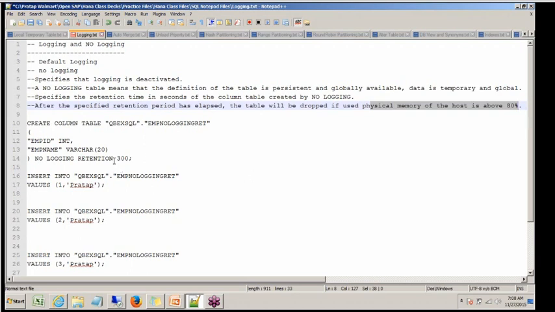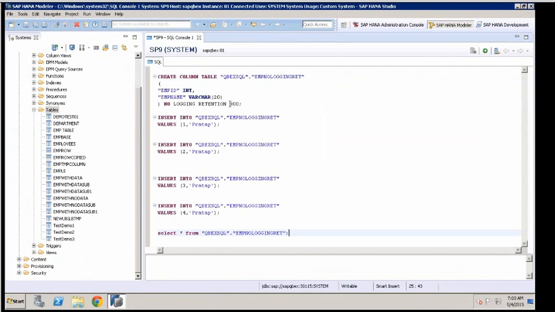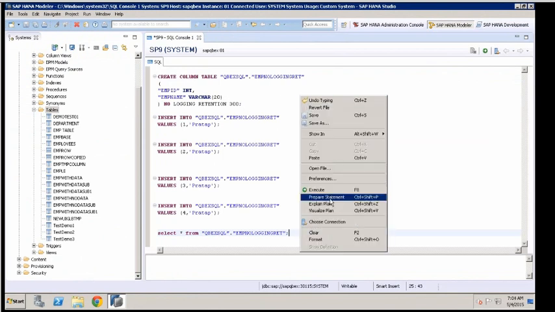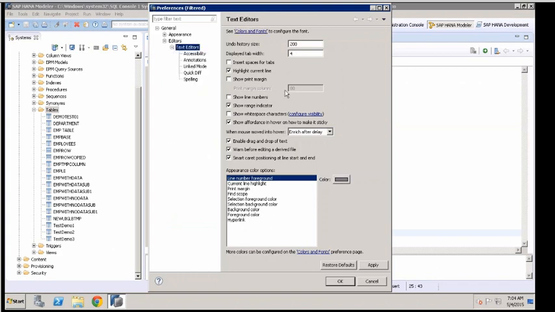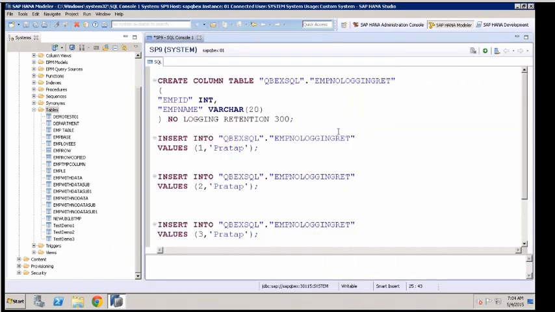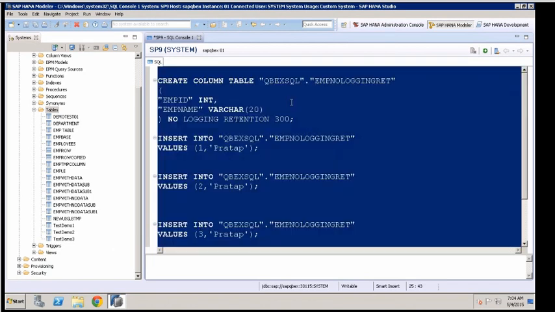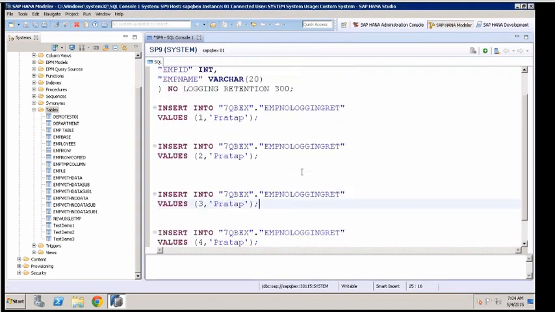We cannot see that effect, but still, with the SQL command, when you're creating the table, say create column table, so and so.